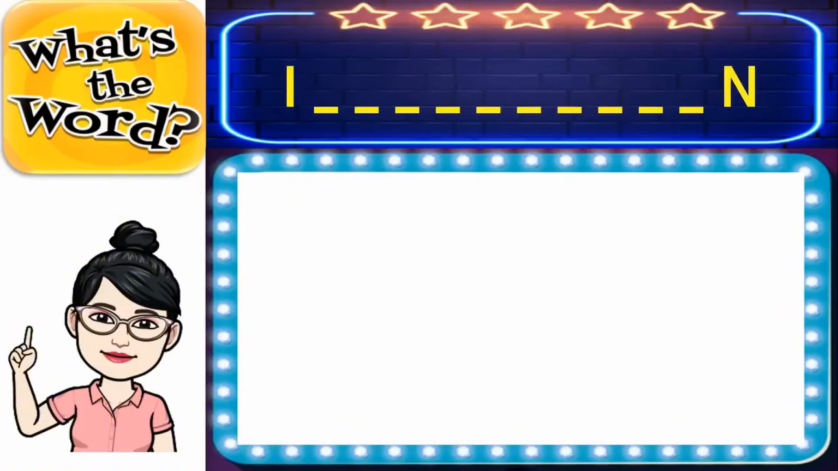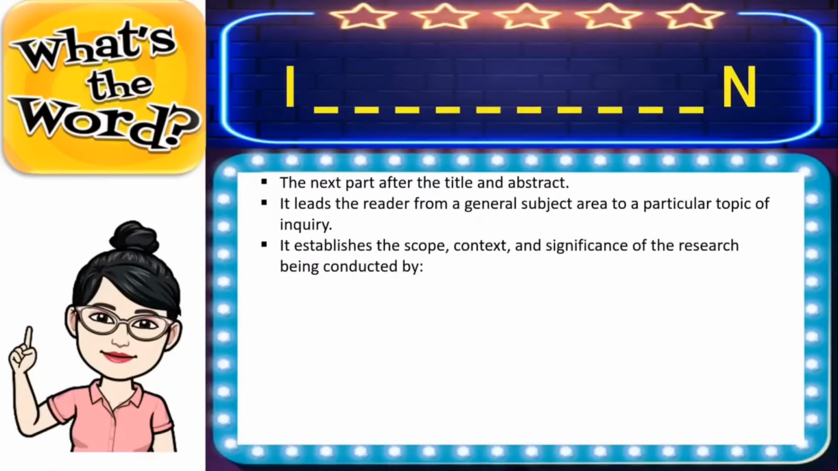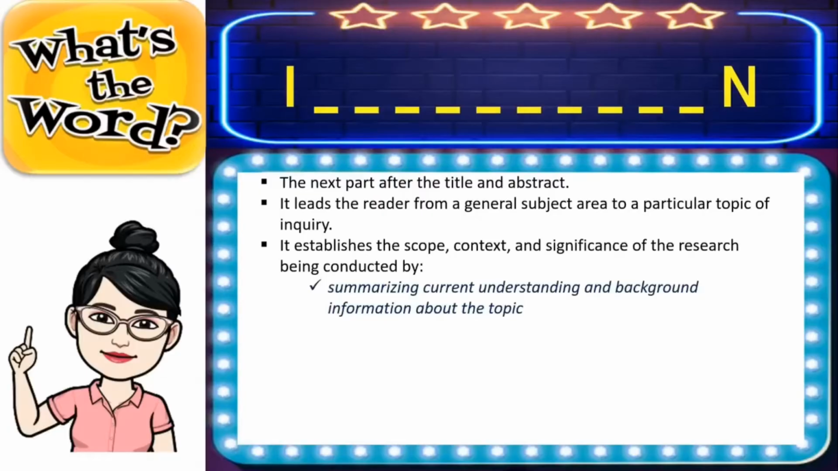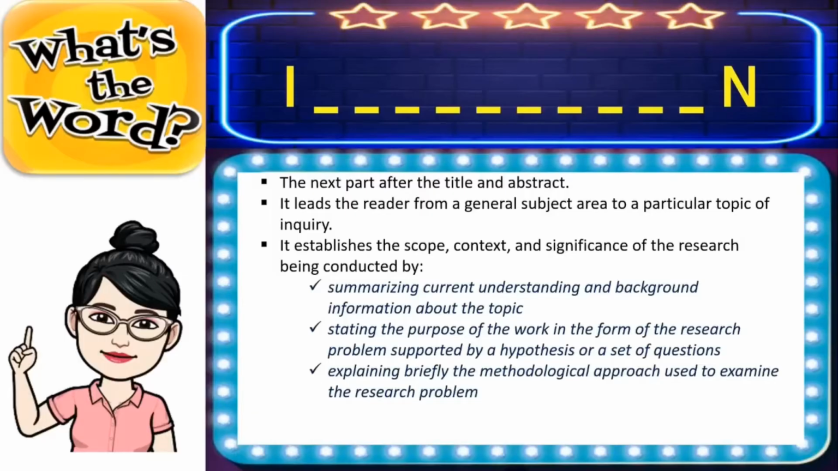Here is the next word. The next part after the title and abstract. It leads the reader from a general subject area to a particular topic of inquiry. It establishes the scope, context, and significance of the research being conducted by summarizing current understanding and background information about the topic, stating the purpose of the work in the form of the research problem supported by a hypothesis or a set of questions, explaining briefly the methodological approach used to examine the research problem,